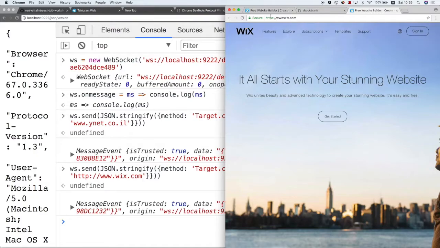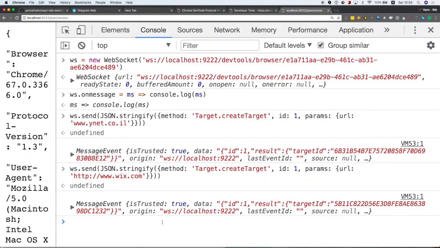Yeah, so I don't know what happened. Maybe something with the network blocking with the Israeli, I don't know. So I started wix.com again. Okay, this is the new instance. And now let's